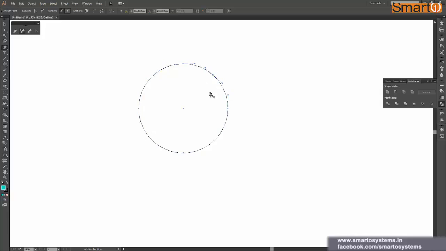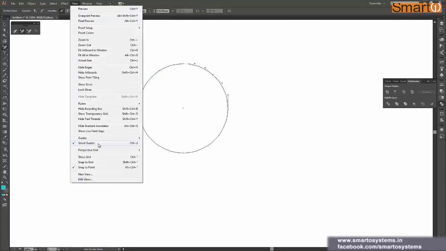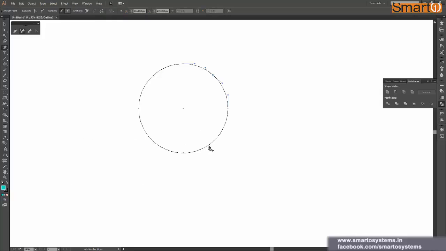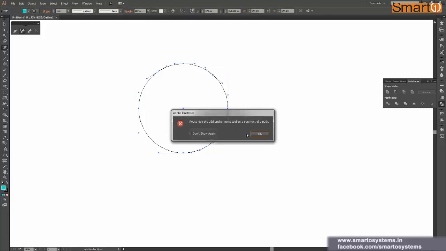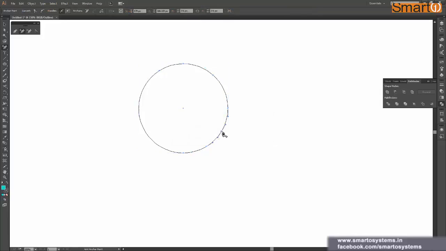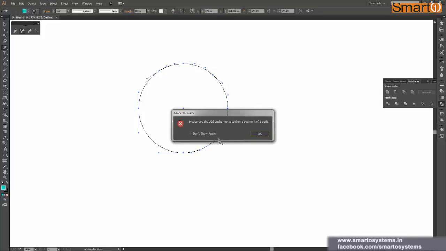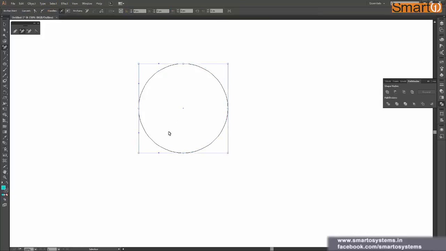Again, while adding anchor points, I would suggest you to have your smart guides on, because if you turn off your smart guides, then you have to be very precise when clicking. You have to be exactly on the path. If you just make a slight mouse movement and you click around anywhere, then it will show you this message, and it becomes really irritating after a time that it keeps showing you this message.